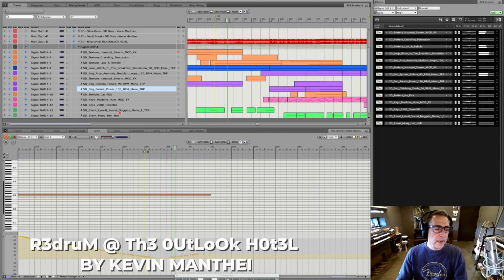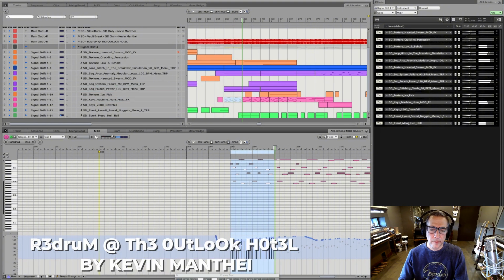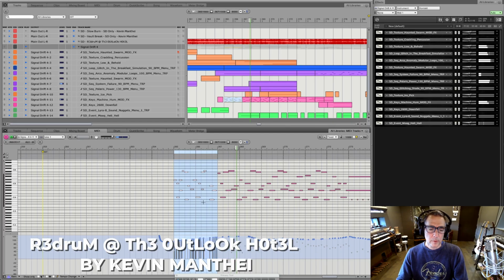I use these Lyra 8 sound nuggets to get us in and out of sections and to give this moody, angular, angry kind of vibe. And then the next thing here is these keys. So this was totally sequenced. It almost sounds like a modular sequence, but, oh, actually. So that was put on top of